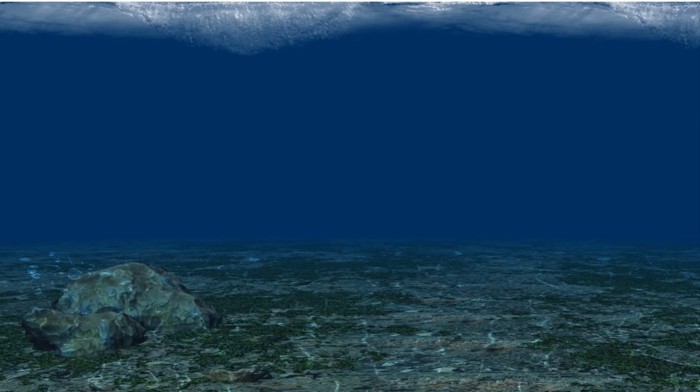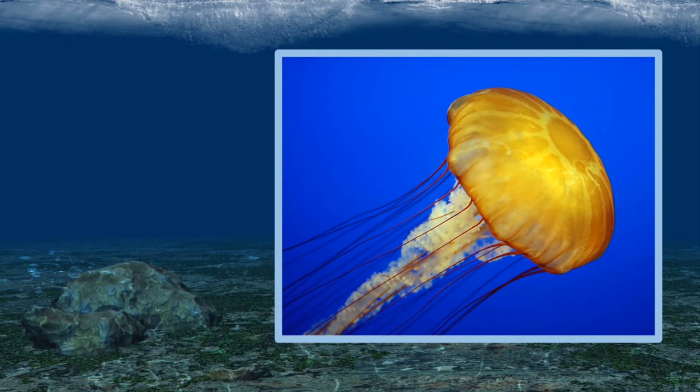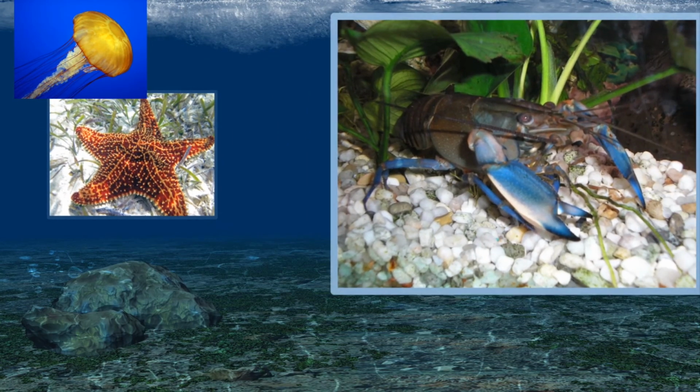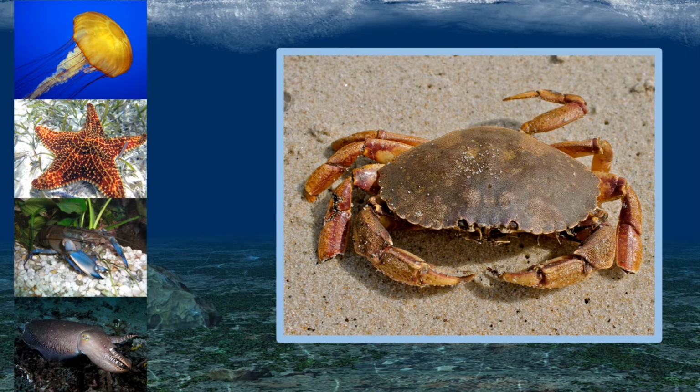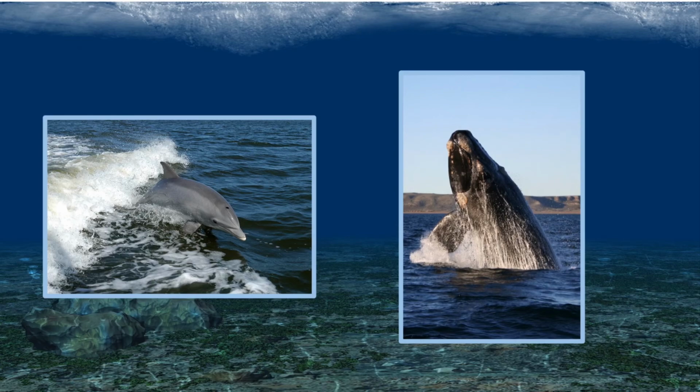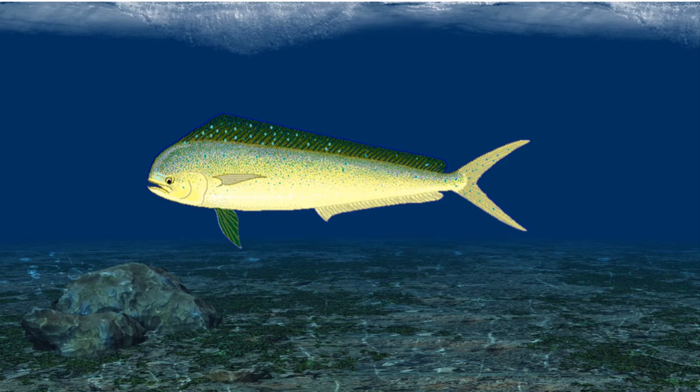Even if something has fish in the name, it doesn't have to be a fish. For instance, jellyfish, starfish, crayfish, that's pretty crazy, cuttlefish, and shellfish like crabs are not considered fish because they are all invertebrates lacking a backbone. Whales and dolphins are also not considered to be fish either. Even though they would fall under our fish clade as discussed earlier, they are generally regarded as mammals instead. However, don't confuse dolphins with the dolphin fish, which is a fish. Oh, this is getting worse and worse.